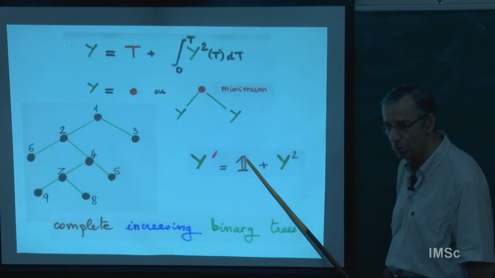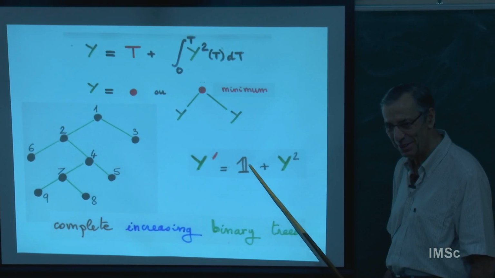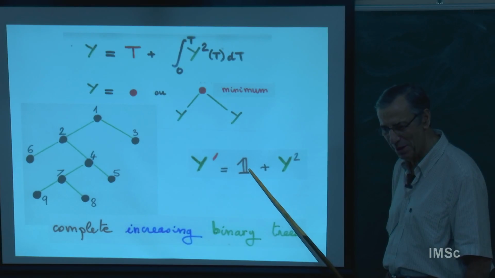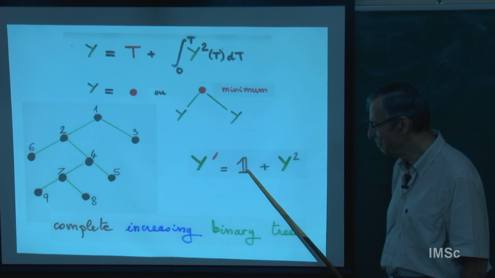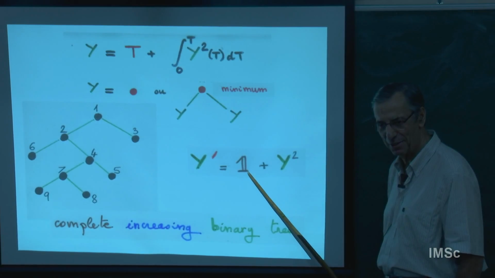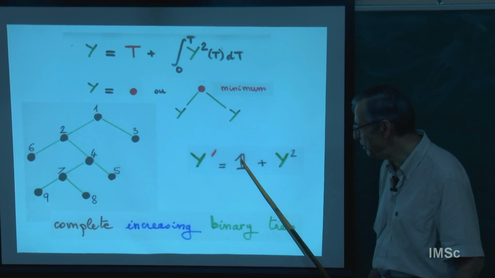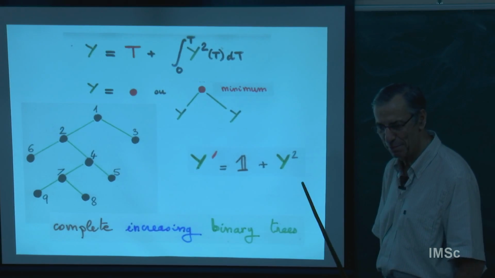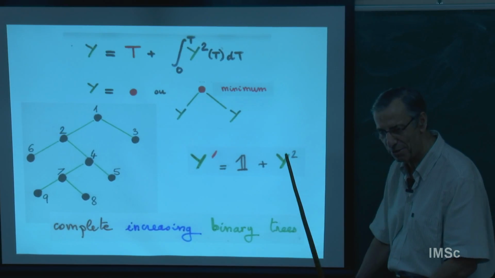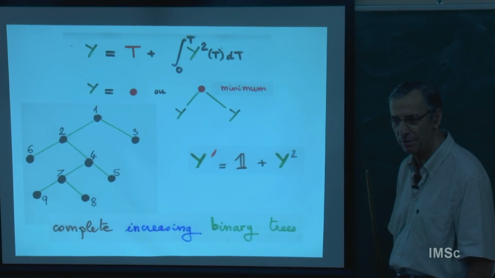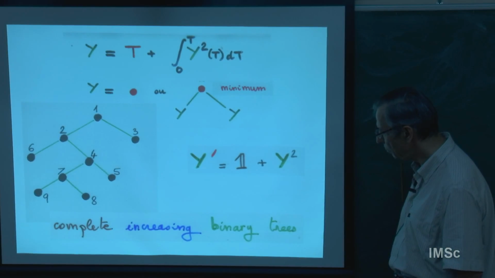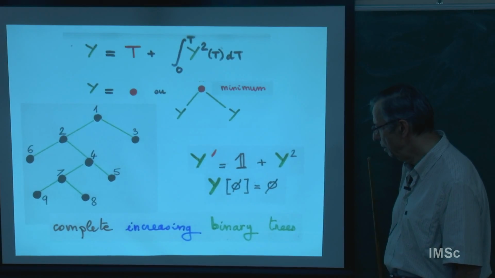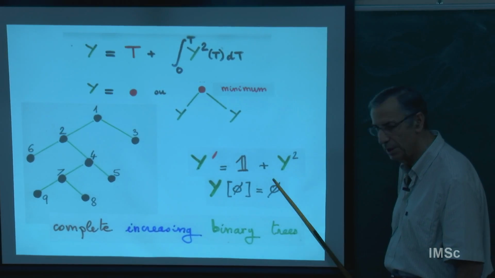This is a species 1. The singleton? No, it's not the singleton. It's 1. When the set is empty, you take the empty set. For the permutation, it was 0 here, and it means that there is no structure for any set. But for this one, it means there is a structure on the empty set, which is the empty set itself.